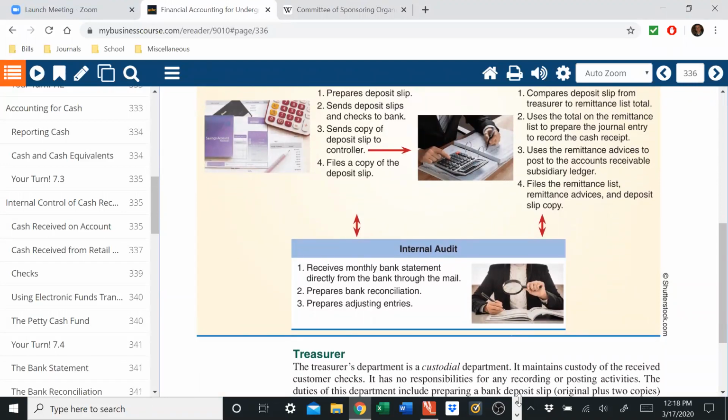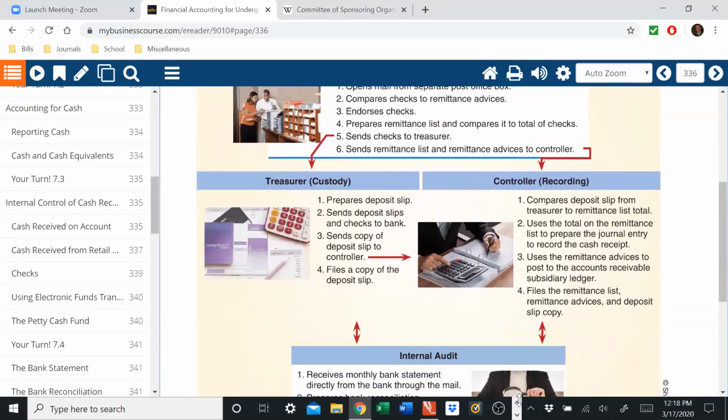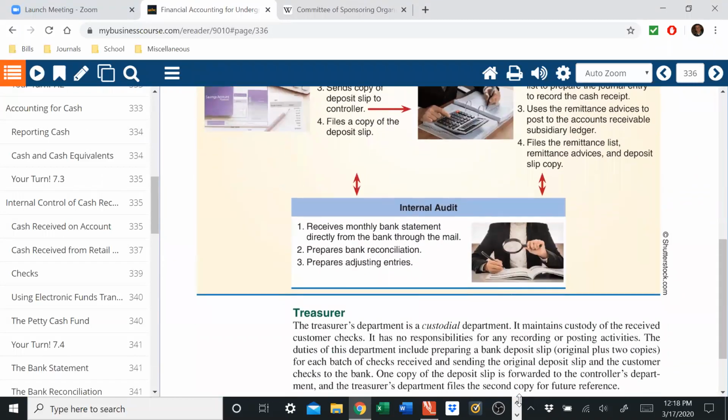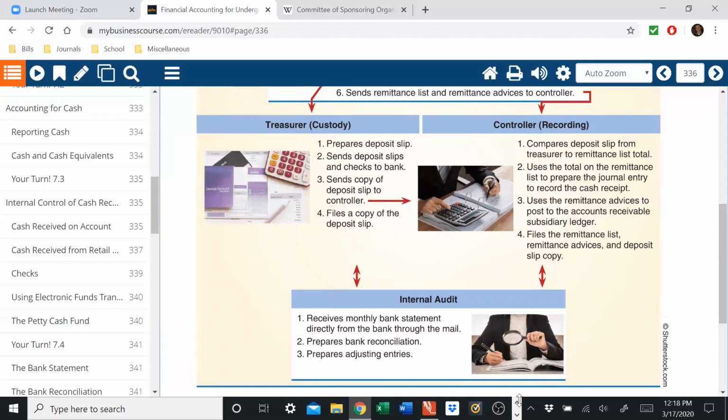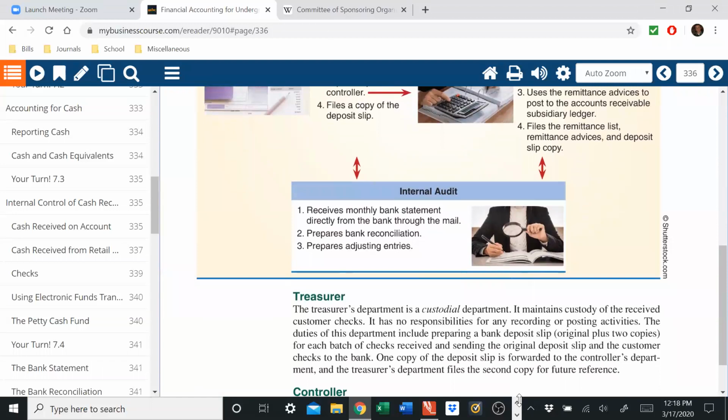So the internal audit team, these are employees that are separate. They don't work in the treasurer's office, they don't work in the controller's office, and they don't work in the mailroom. What they do is they receive, at the end of each month, a bank statement from the company's bank. The company's bank, of course, is separate from the company. So they get the bank statement through the mail. It comes straight to the internal auditor. The treasurer doesn't get the bank statement. The controller doesn't get the bank statement. If they did get the bank statement first, they could alter it a little bit, you know. So the bank statement comes straight to the internal audit,